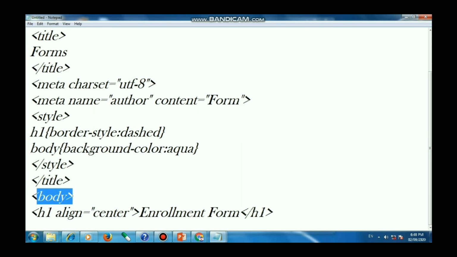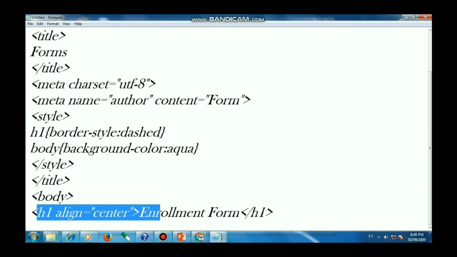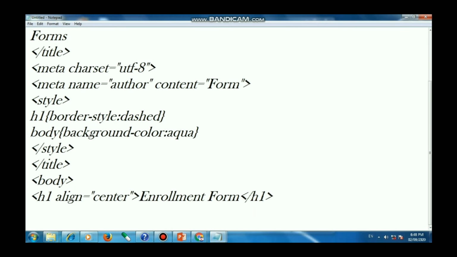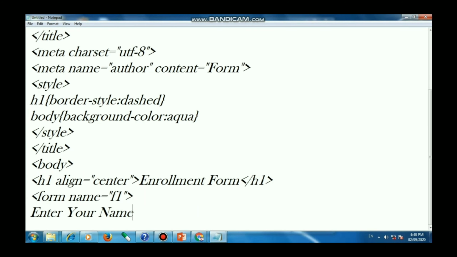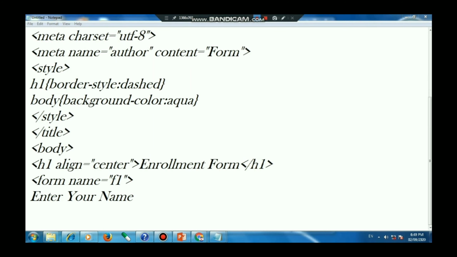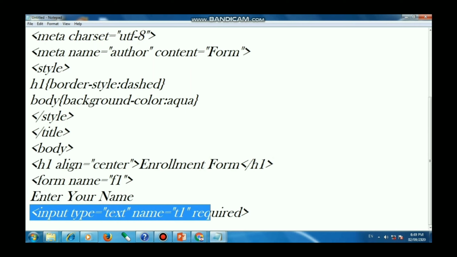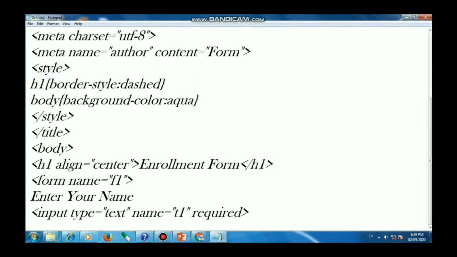Then use the body tag, then h1 align equals to center, enrollment form. Then form name equals to ft, then enter your name, then input type equals to text, name equals to t, required.